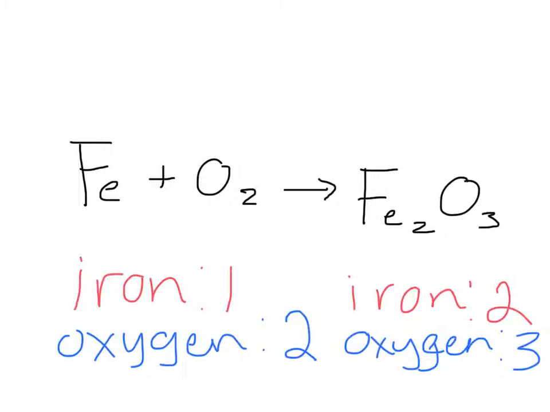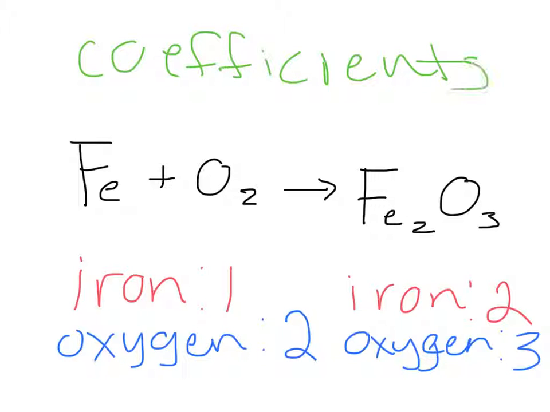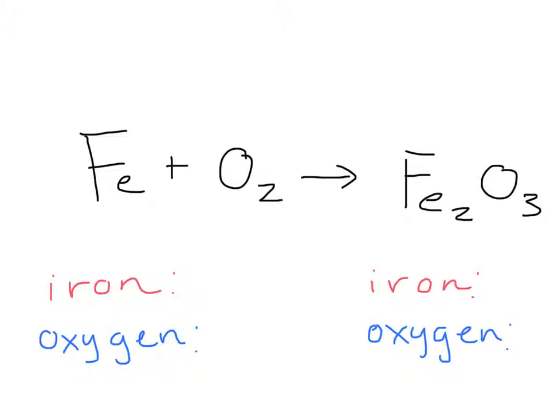So we're going to need to add something called coefficients in front of the different molecules in the equation to make the number of atoms on each side equal. This particular reaction is a pretty easy example to see where coefficients need to go, since there are relatively few atoms and molecules involved. So if we place a 2 in front of the iron oxide molecule in the products,